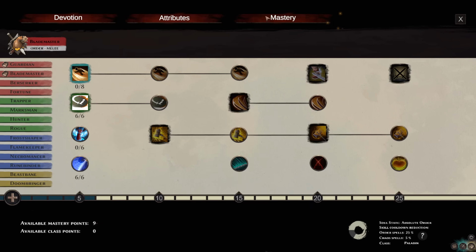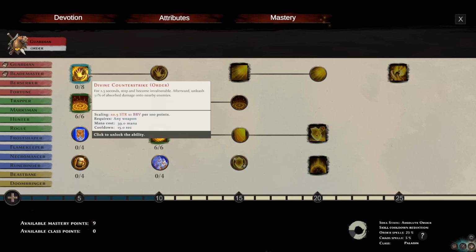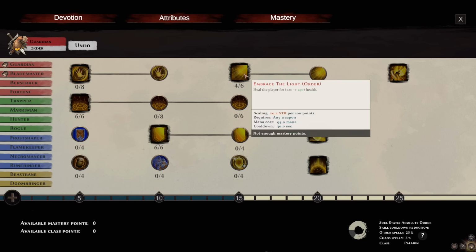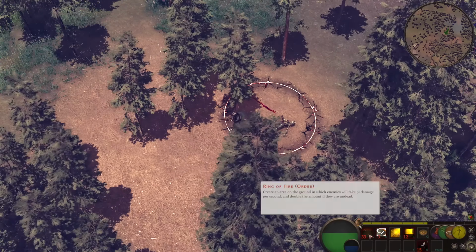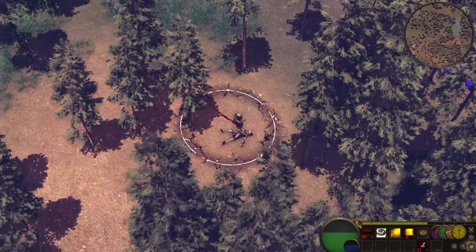Let me get on into the game real quick and let me buy some new stuff. So in the Guardian tree, I can get an 8% chance to dodge attacks entirely, but we have 9 mastery points. What I wanted to get is this heal over here, and then I wanted to buff the hell out of it. And so it's got a 30-second cooldown. I personally have found that a lot of the cooldowns are crazy long in this game. They could afford to be shortened a little bit. Almost everything has like a 1-minute cooldown, but